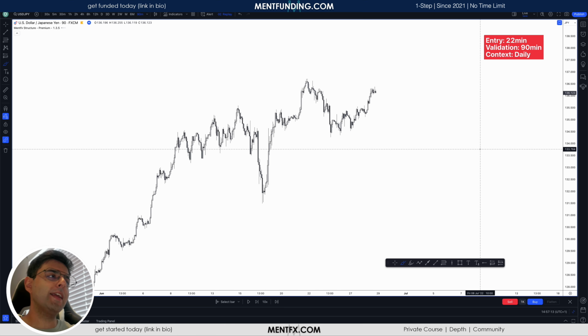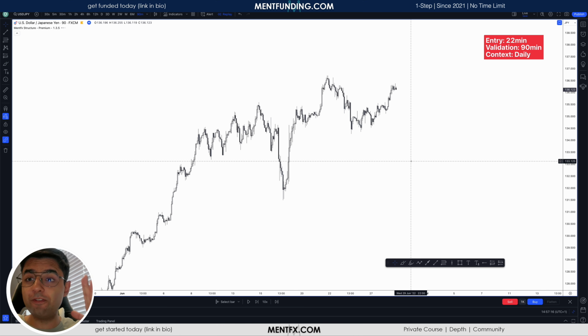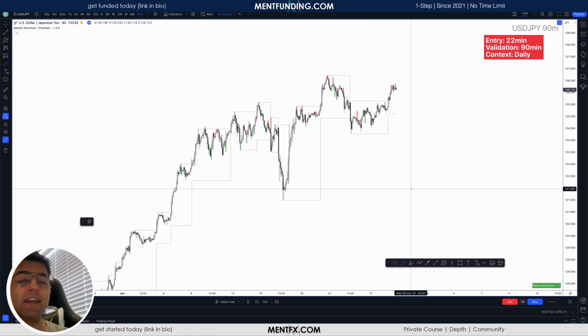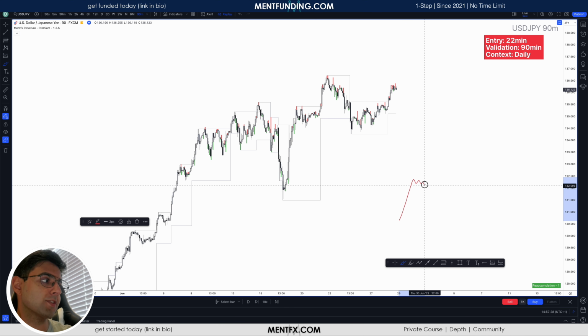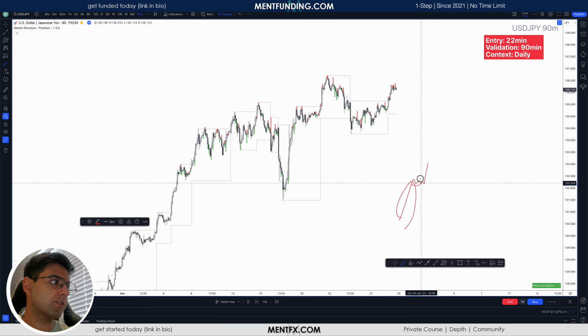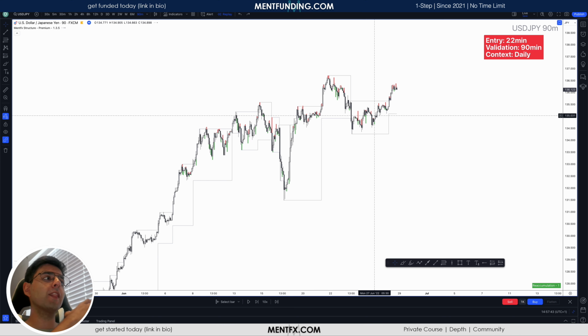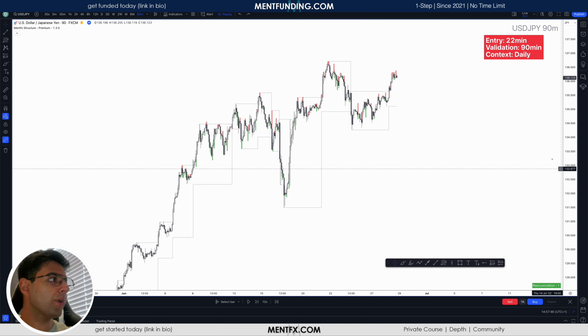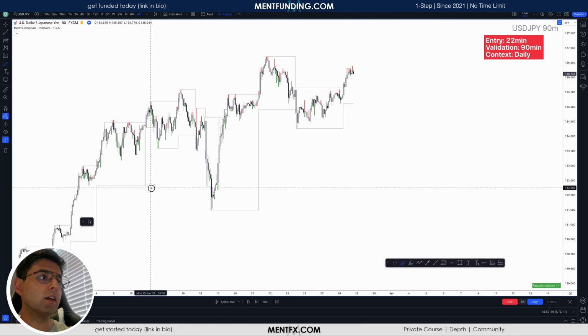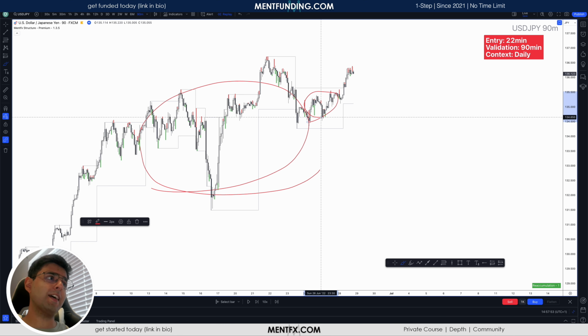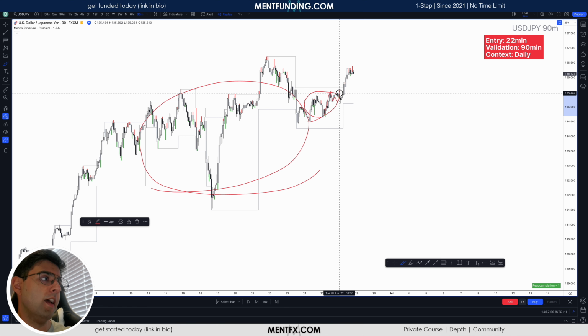What do I want to now see on a 90-minute time frame? Bearing in mind, I am teaching you a fractal way of viewing the markets. So we've done the daily and we understood that in order for us to take any trade on the daily or to go down to a 90-minute time frame, we wanted to see something like this where we had an impulse, sideways movement and then a continuation or a beginning of a continuation, aka a fractal stage 2 into a fractal stage 1, which is sidewaysness, into a new fractal stage 2. We are now looking for that same thing on this time frame here. And lo and behold, what do we have? We have a load of sidewaysness here, more sidewaysness here, a push up, a sideways movement, and a push up,